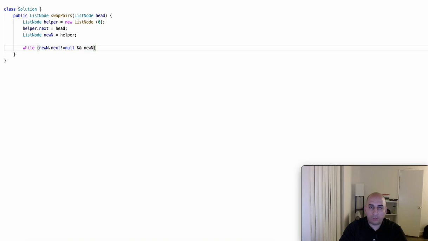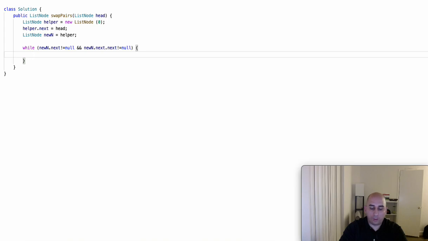A new node next and next is not equal to null. So until this condition is true, what we do is